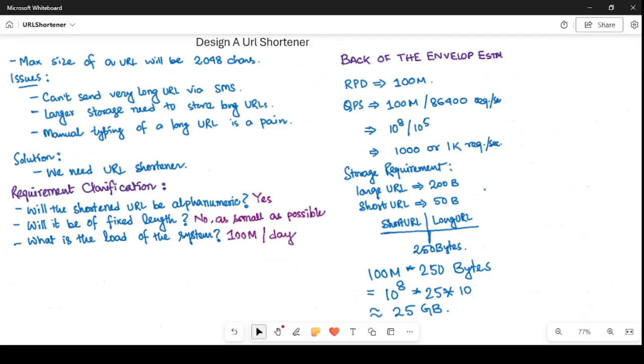map. Please note, here in this back of the envelope estimation, we have assumed all 100 million requests are write requests. Apart from this, there will be millions of read requests along with this. Hope you have realized the scale of the system we are trying to design. As we have clarified the requirements of the system and have identified the scale of the system, we are ready to